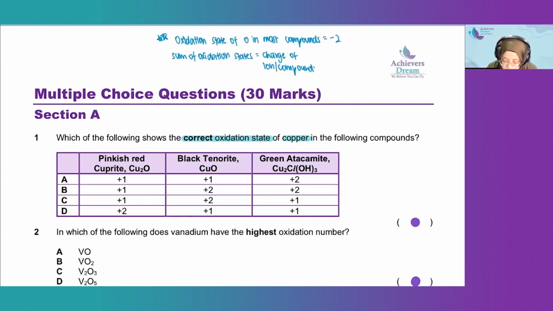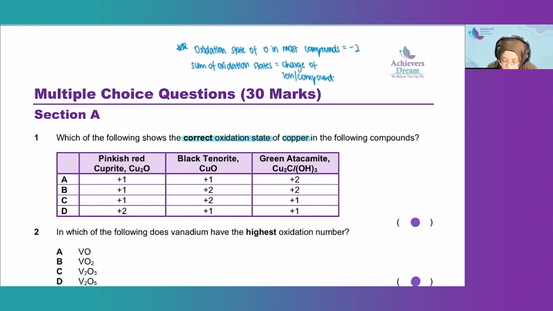Alright, so the first rule is that the oxidation state of oxygen in most compounds is generally -2. And the second rule is that the sum of oxidation states is equal to the overall charge of the ion or compound. Alright, so these are the 2 rules that you need to remember and apply when you are calculating the oxidation